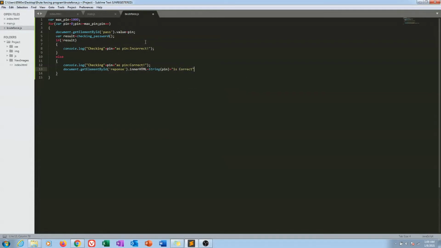We just want to display to the page that we found that the pin is correct. Alright, so from here we break and we go out of this loop,